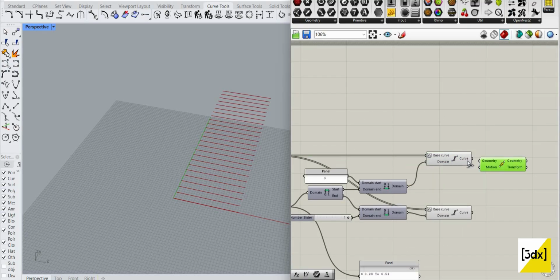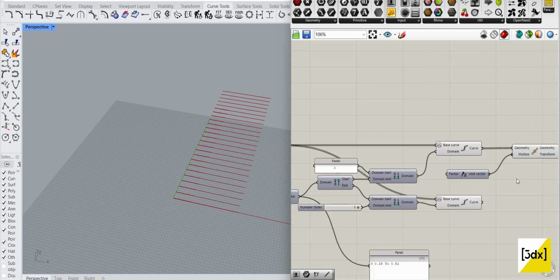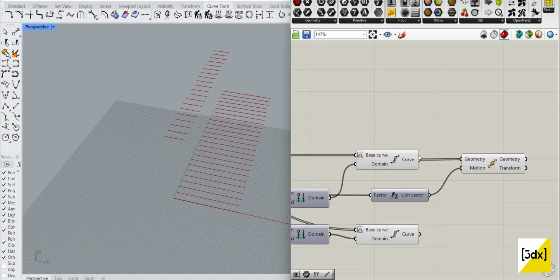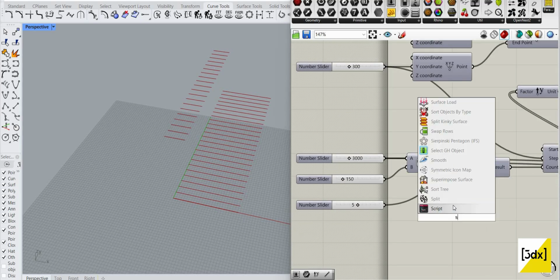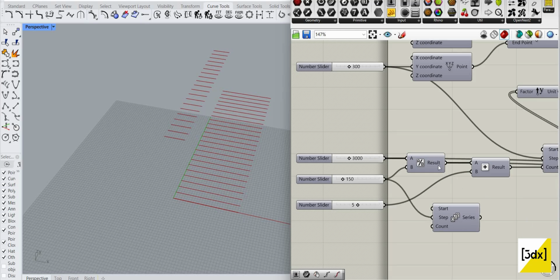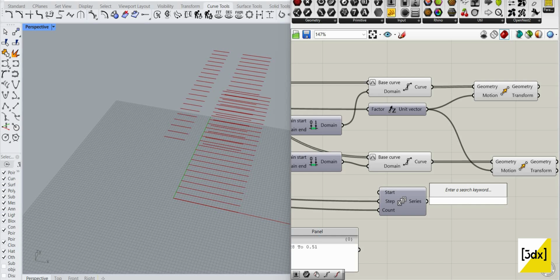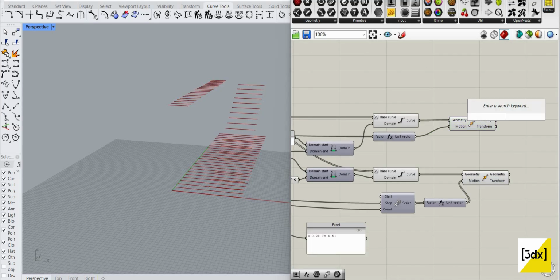Okay, now I'm going to move this in unit Z to a value of 3000. Okay, and now I'm going to create a series out of 150, and you have two steps. Now I'm going to create this, check unit Z, and you have the staircase kind of thing, and I'm going to use transform